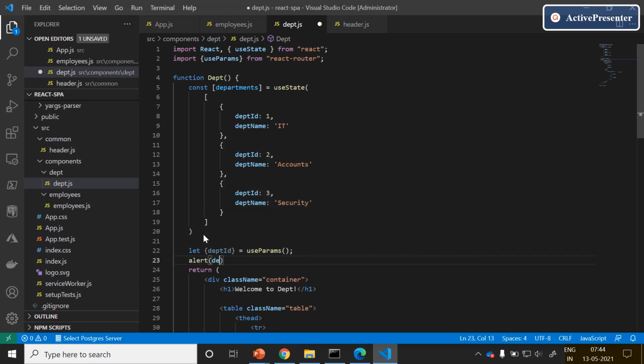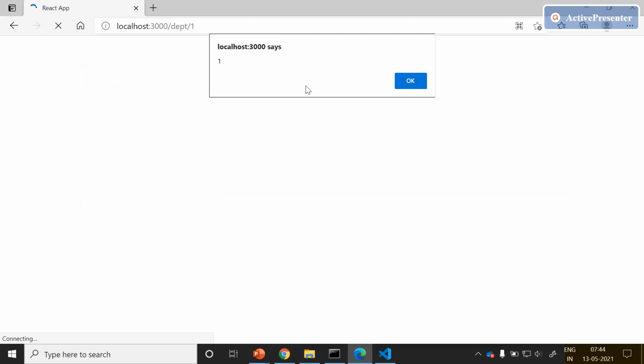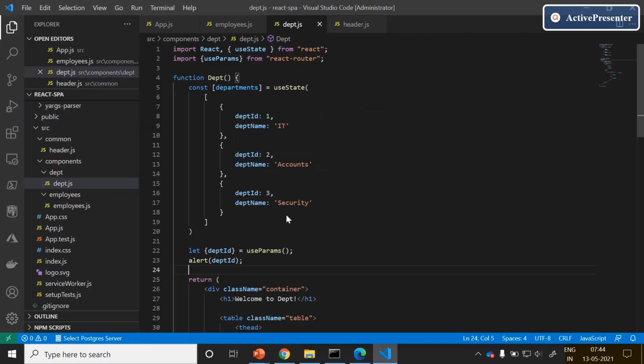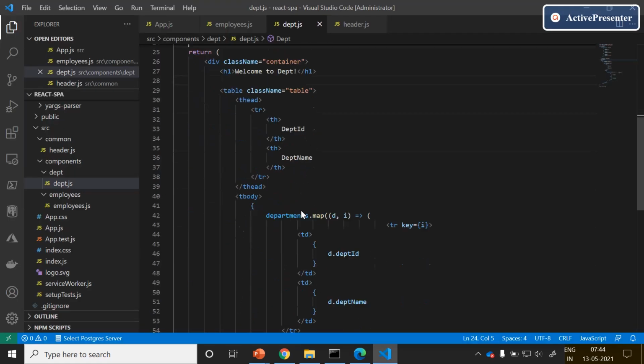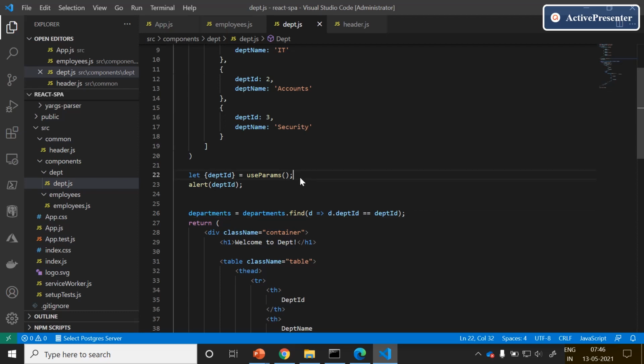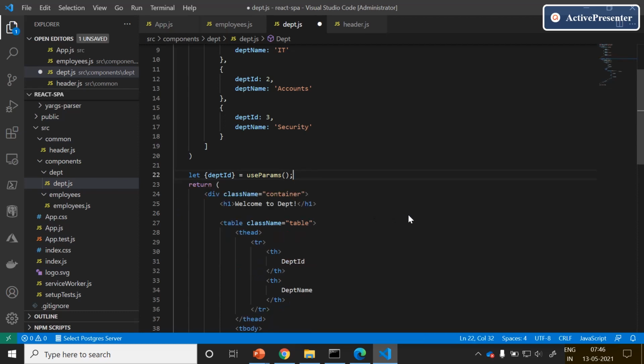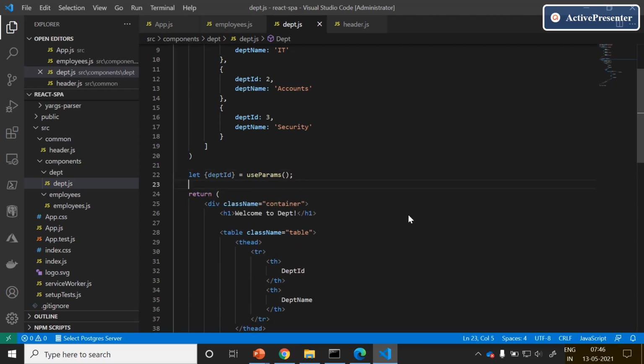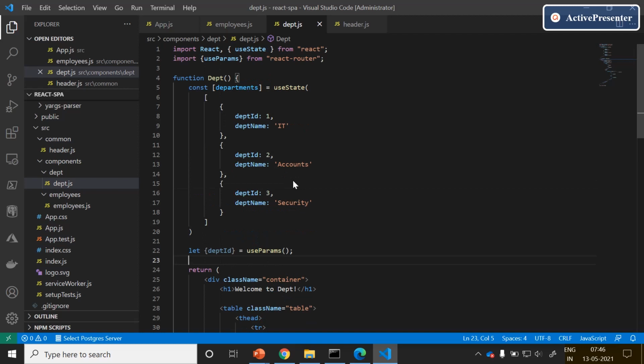Try to alert this department ID to see whether we are getting it or not with the help of React Router. Yes, we can see the passed parameter, the department ID. With this, we are done with reading the department ID information. In the next session, we will see how to filter the department based on the department ID query parameter.